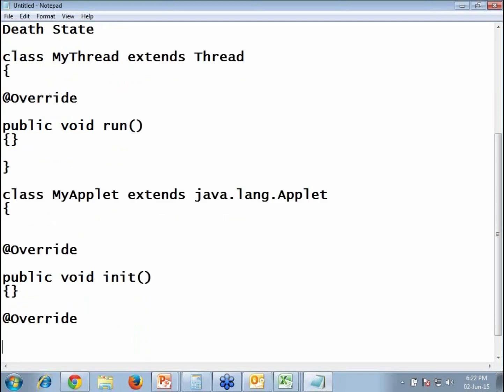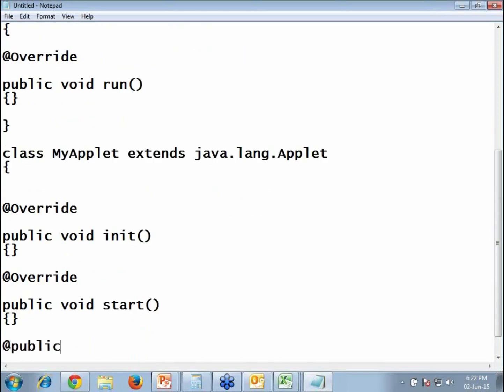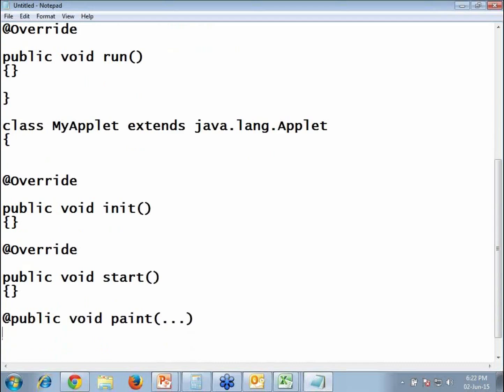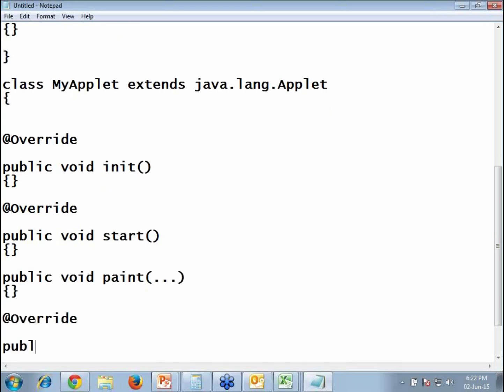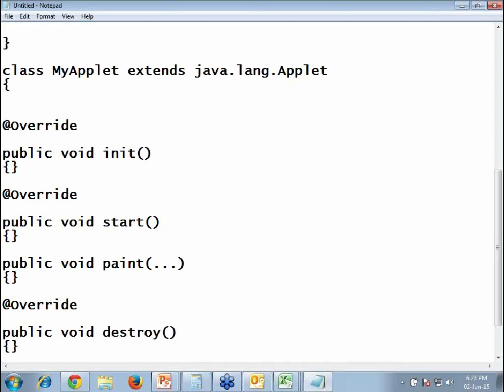The next one is public void start. The third one is public void paint. And the fourth one is public void stop. If required, we can even use the stop method.